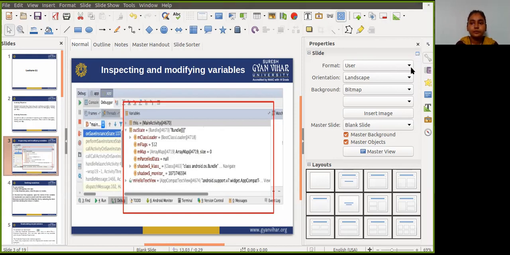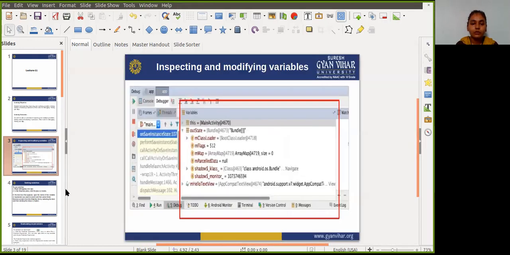Okay. So if the variables view is not visible, just click on the restore variables view icon.